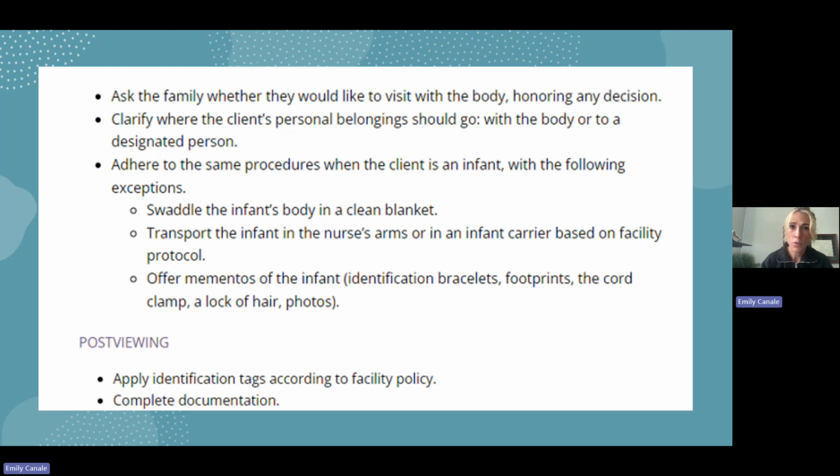We want to spend time with the family. We want to have a moment of silence, maybe. We want to make sure we're getting those debriefings if this is close to home, especially if you work in an oncology unit, you get close with a lot of these clients. I have cried with family members. I've gotten close with clients. And so it is okay to have those emotional moments with the